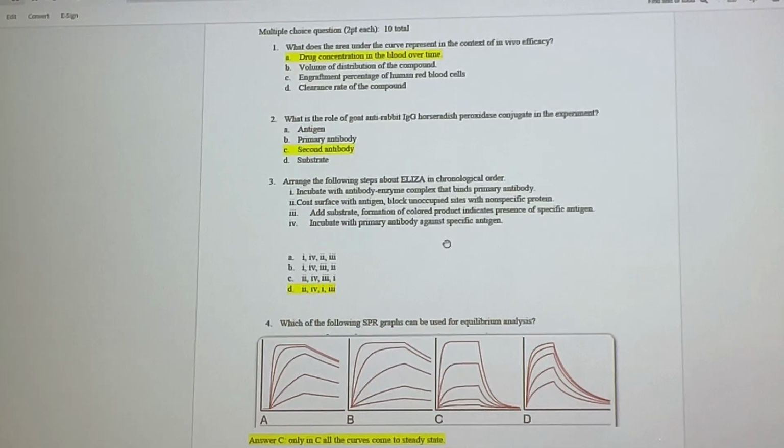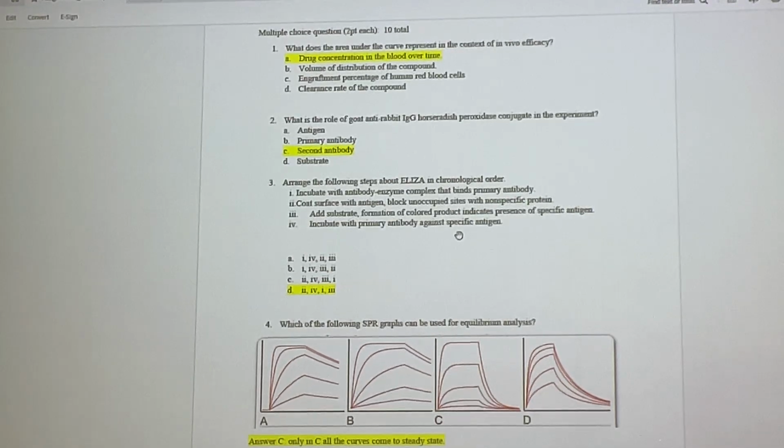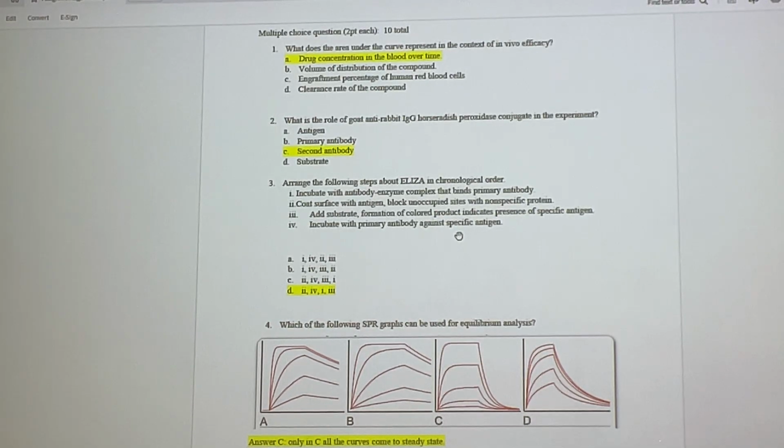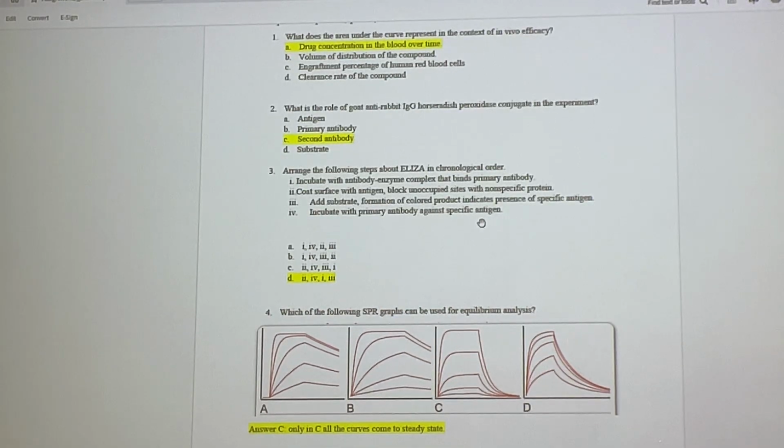What is the role of the goat anti-rabbit IgG peroxidase-conjugated in the experiment? So it's asking about ELISA, and the anti-rabbit is a secondary antibody. So remember, it's not the specific one, it's the one that's specific only to the species. So it's the second antibody in the indirect ELISA. Okay? Any questions or